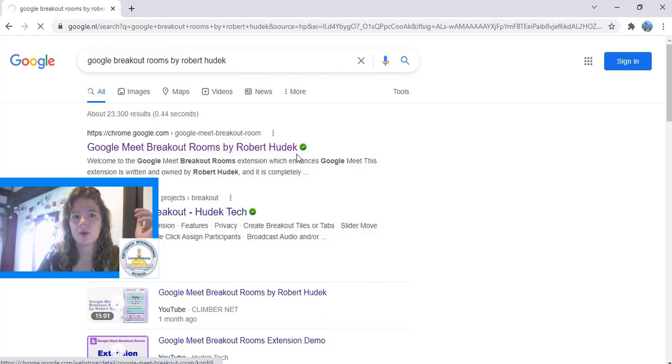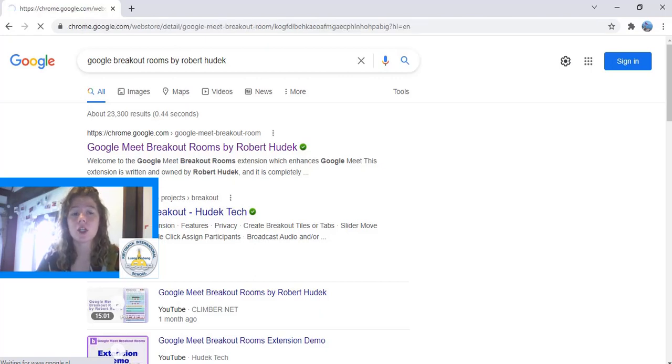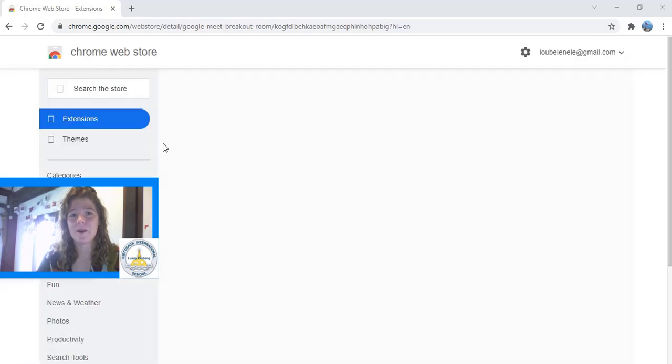When you have opened this web page, you should be able to download an extension that connects to your Google Chrome profile. So that's the reason why you want to use your professional account, because it's connected to your Google account. So use your teacher's account for this. And then when it opens, it takes some time because the internet isn't great. And that's something I will talk about a little bit later as well,